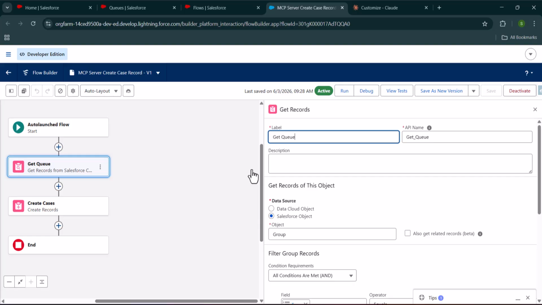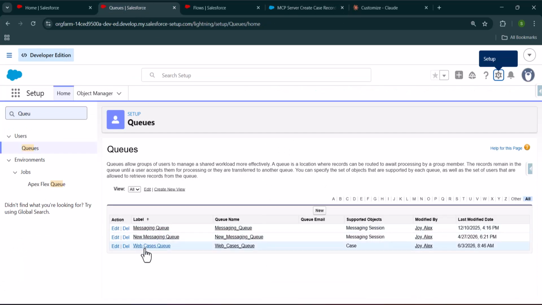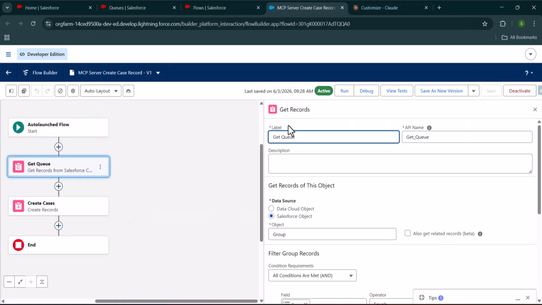Because whenever we create the case record from the Claude AI, at that time we want to assign that record to the queue that we have created. So which queue we have created? We created the web case queue. Now again, as I open the flow,